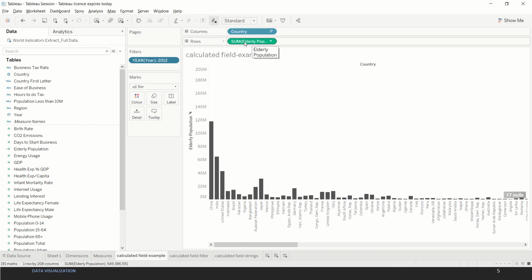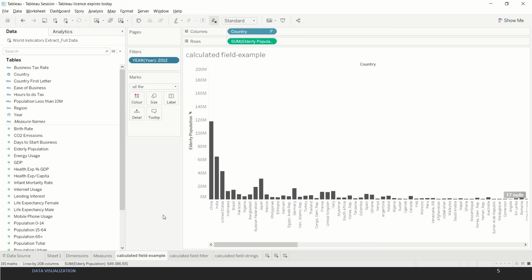Note that the sum expression has automatically come here by default, because like I said in the previous video, this is a measure and by default any numerical measure would be aggregated by Tableau. So here we get an elderly population breakup by country. So this was an example of a basic calculated field.